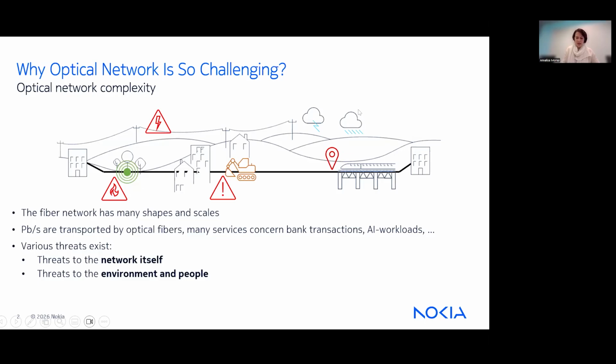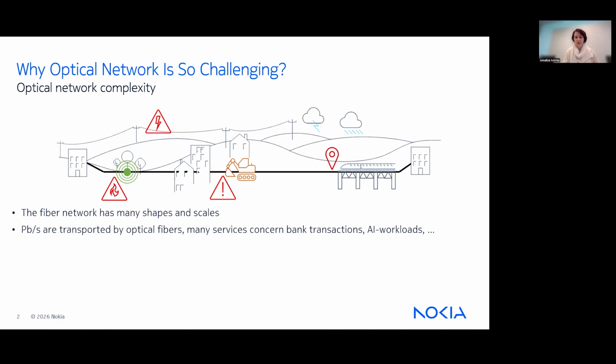The core of telecommunication, allowing the transmission of high data rates, is ensured by the optical network. But one of the main difficulties in optical network management and operation consists in its scale, that is the number of nodes and links, without thinking about the capacity of the optical channels. And then there is also the heterogeneity of the networks. Here we show that there are fibers that are underground and may be nearby rails or highways in an urban context, but also aerial